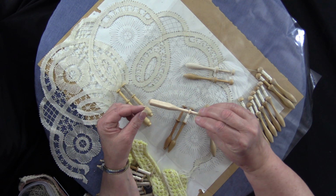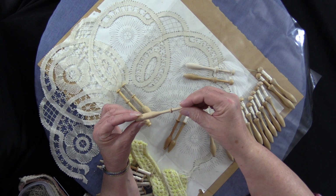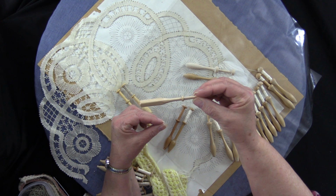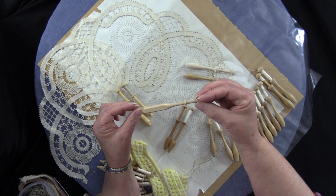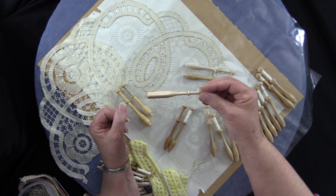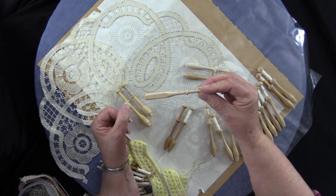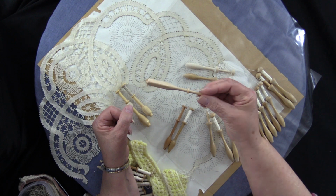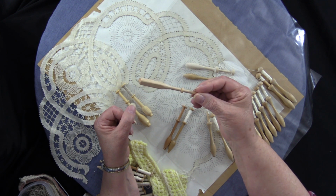This bobbin here actually is almost square on the bottom, and I've just recently been introduced to these. I did not see these while I lived in Brussels and had not been trained on them and hadn't used them. There are great reviews of them because with the flat edge on it, they say that they don't roll when you're using them. I'm going to put some linen on it and try them sometime, but that's another option